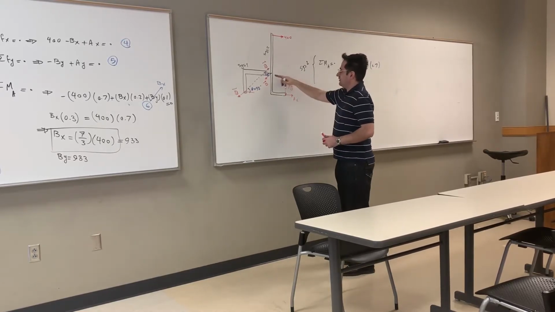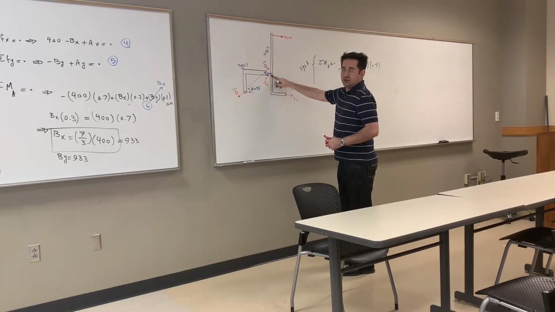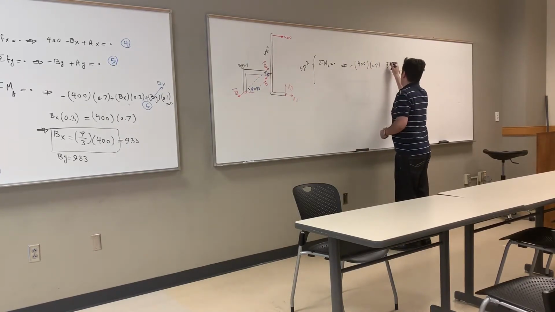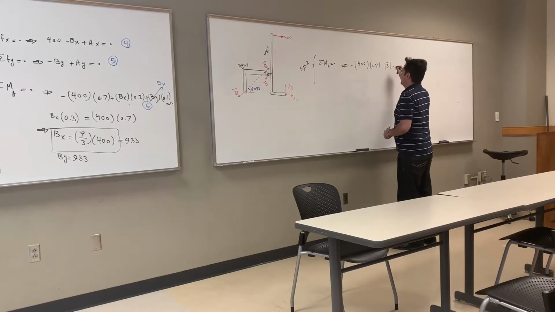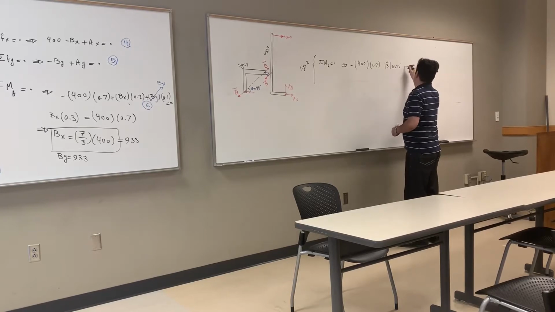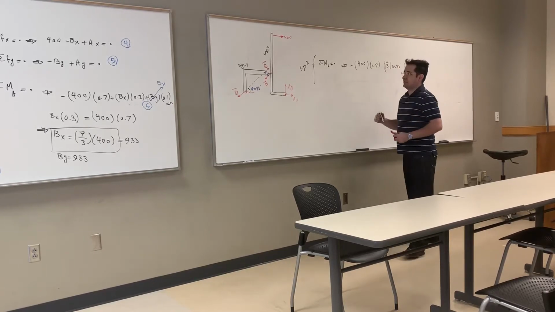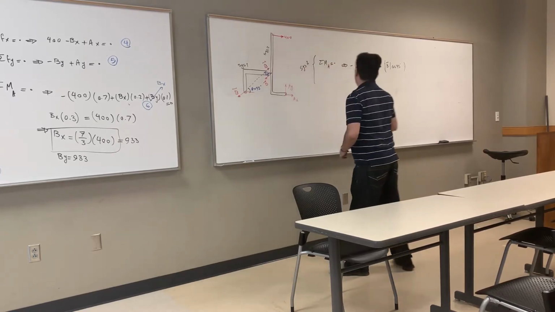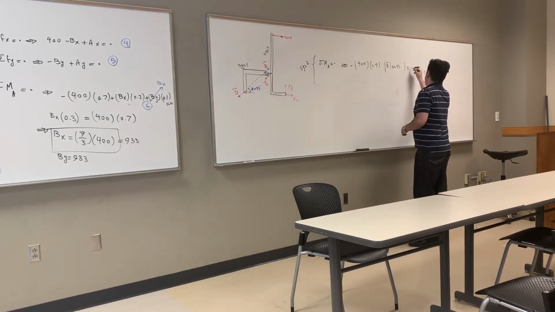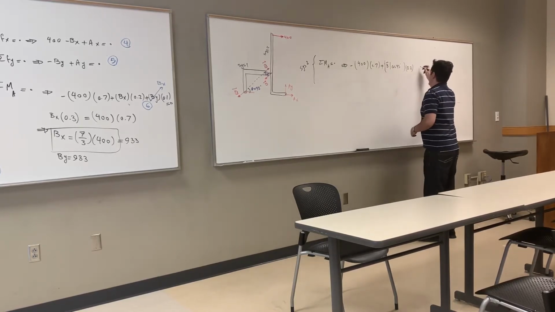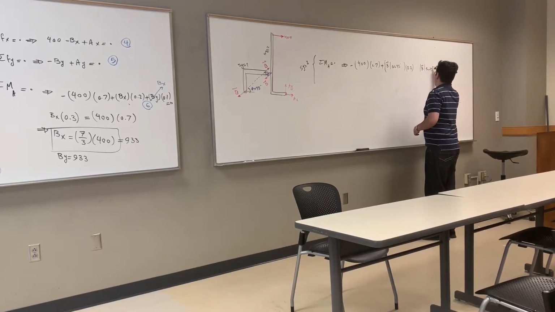And then I go to this one: magnitude of B times cosine 45 times this distance, 0.2. Positive. Then magnitude of B times sine 45